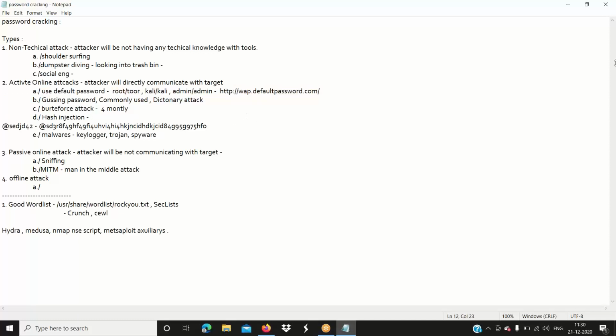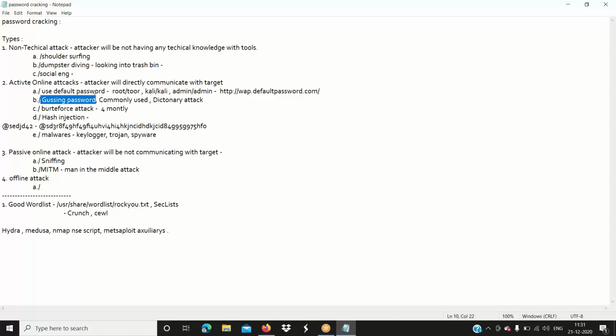If it is not working, then they'll start guessing the passwords. The guessing could be with the phone number, the name, the kid's name, or whatever it is. They start guessing it, or they'll prioritize it.